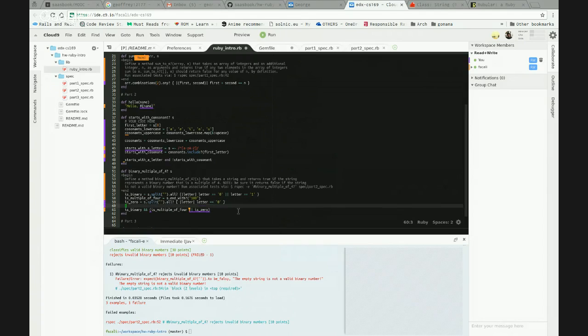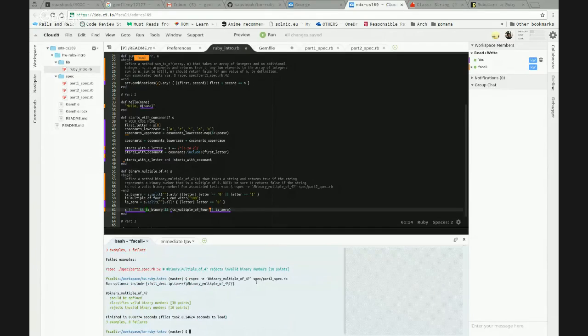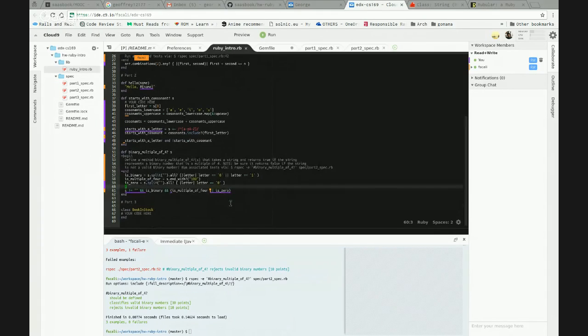We don't have a checkpoint. Did it fail? I'll just check that it's not empty. We should return false for empty string. Okay, so did it work? Nice. What did you change?